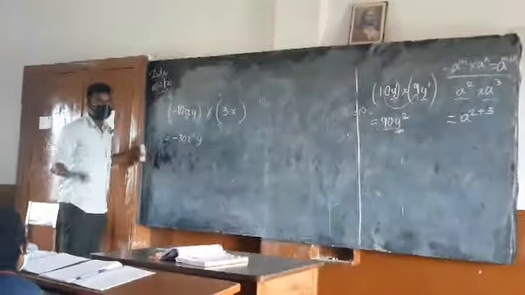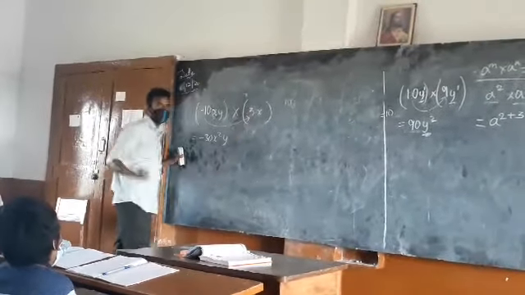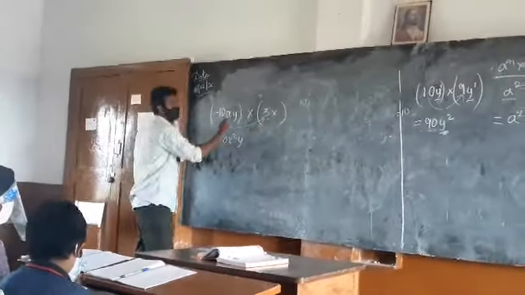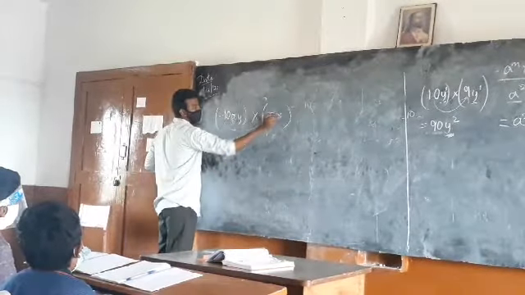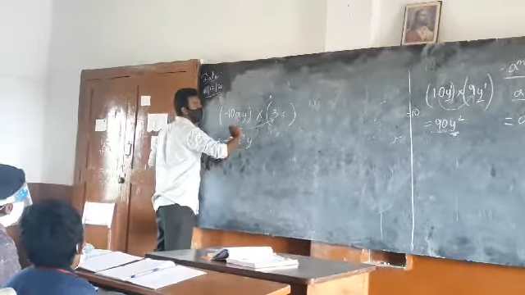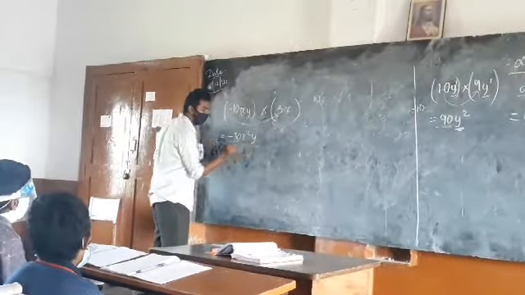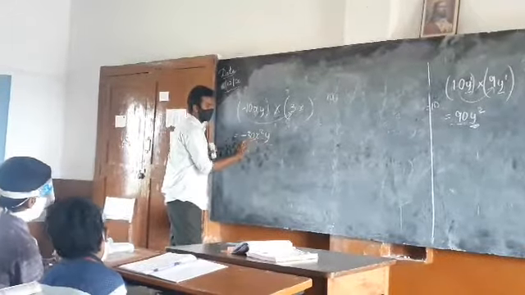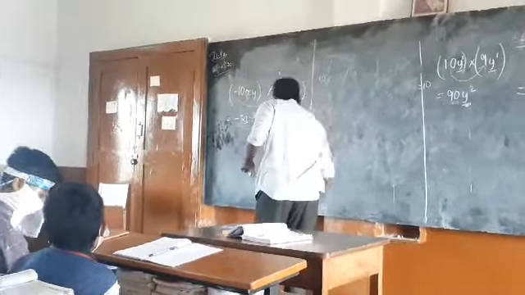Minus 30x square. Sit down. Just like said by him, minus 10 into 3 you are going to do as it should be, multiplied between the constants. Minus 10 into 3, how much? Minus 30. X into x is x square. As this y lies in the multiplication, you are going to put that y in the multiplication. Understood? So minus 30x square y. Let me give another example.